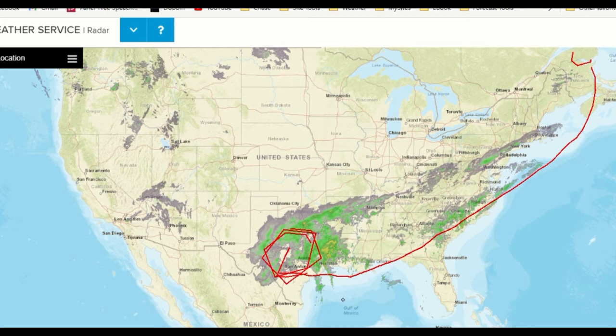Looks like rotation here. We'll pull up the chart and see exactly where it is, but I just want to show you some basic stuff